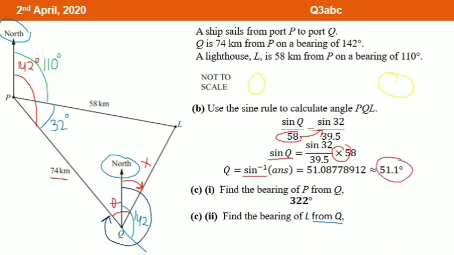And then we are going to find the small one in here only. But we can find the angle in here, right? Using the angle in between two parallel lines will be equal to how many? It will be equal to 180 degree, right? So we already have this as 142 degree. So 180 minus 142 will be equal to how many? 38, right? So the bearing will be theta minus 38. So it will be 13.1 degree.